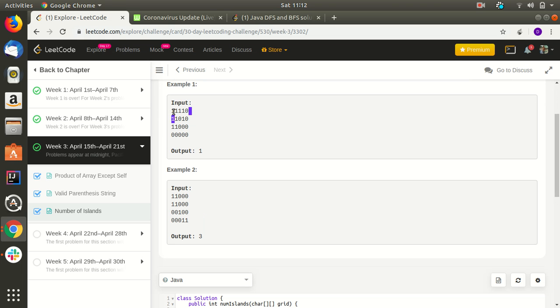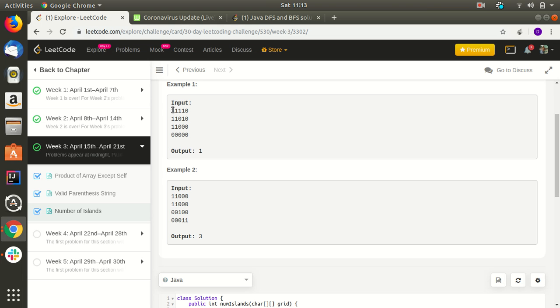Initially 1 came, then we marked it as 0. We called right side, downside, left side, upside. Left side and upside will not get called because the value will become less than 0, because over here i j is 0 0.